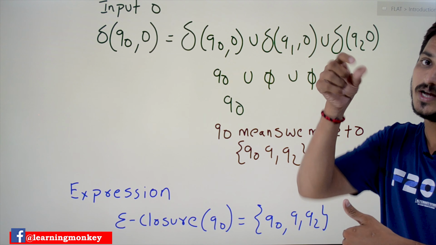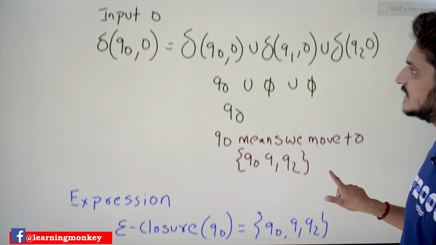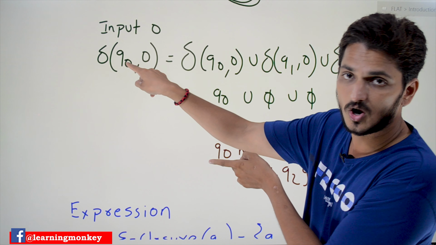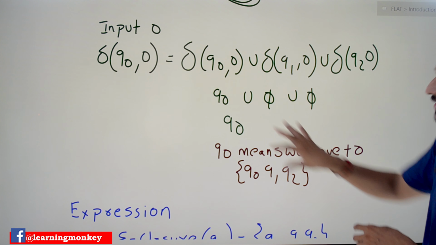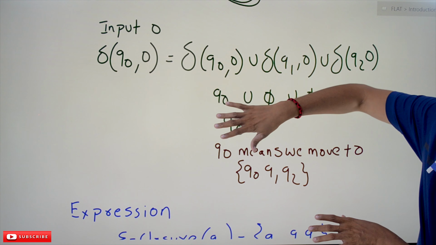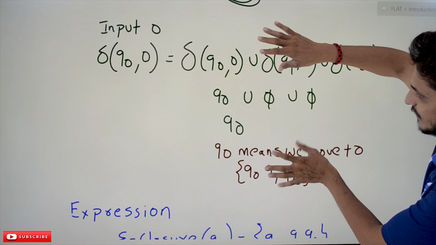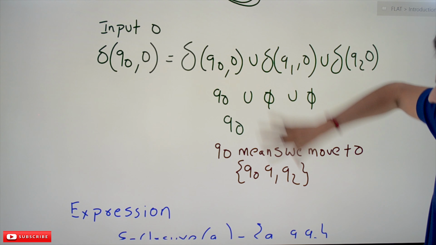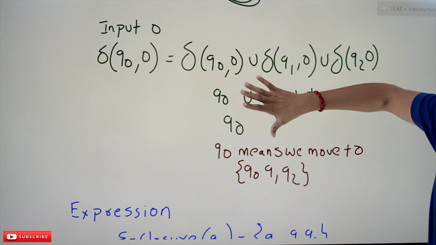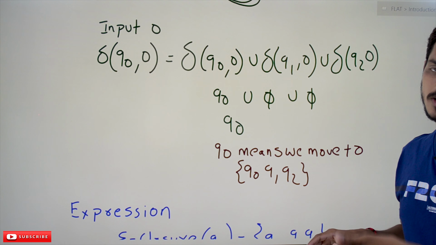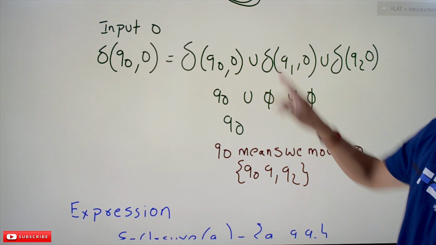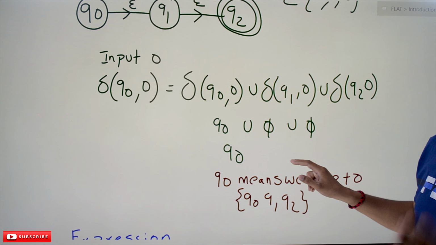This idea was provided in our previous class. So whenever you apply 0 on Q0, you go to states Q0, Q1 and Q2. This is what the epsilon transition is. The same example, whatever we mentioned in this transition example, we will apply in a mathematical expression format, and we will convert our NFA with epsilon moves to NFA. How do we convert it?